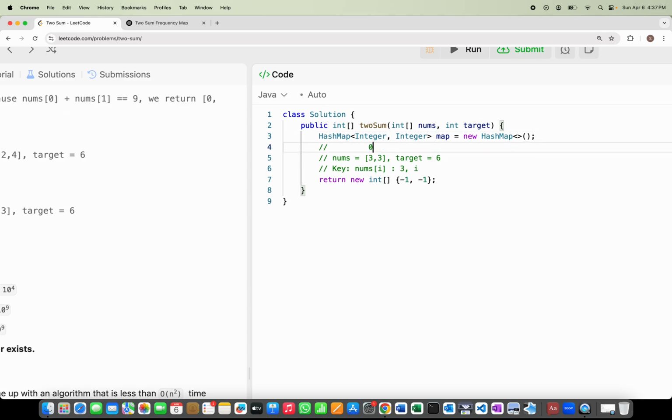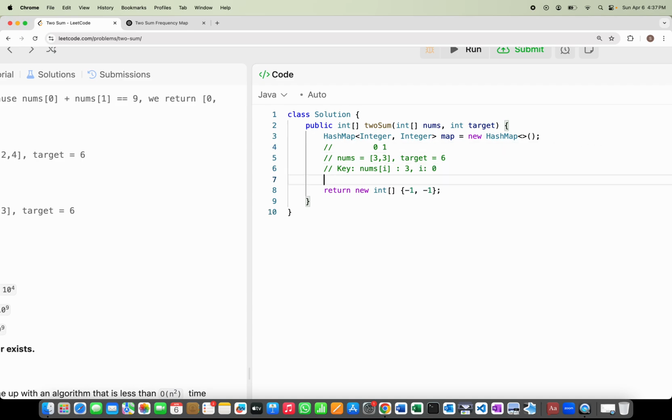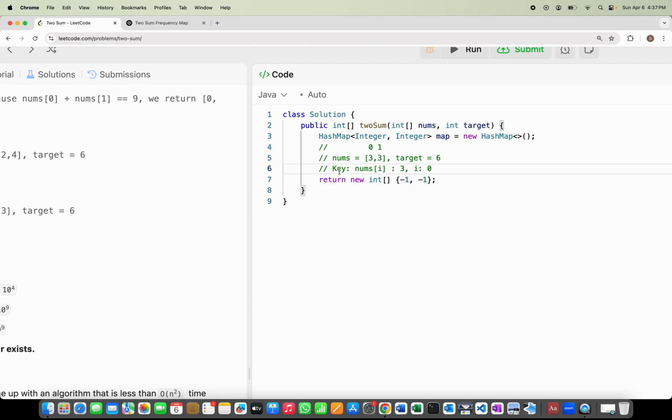So this is index 0 and this is index 1. So this is going to be 0. And then what's going to happen now is we're not going to create a new key. It's just going to get this one, and then it's going to update the index to a 1. It is going to overwrite